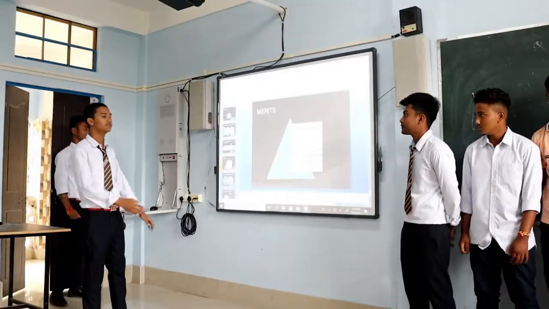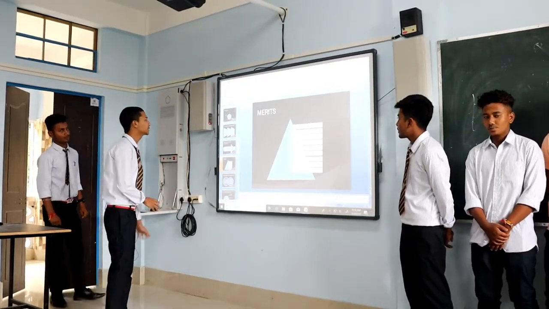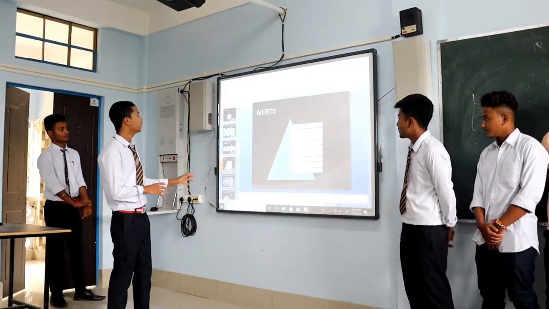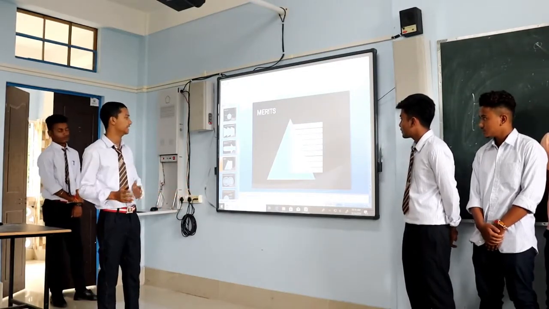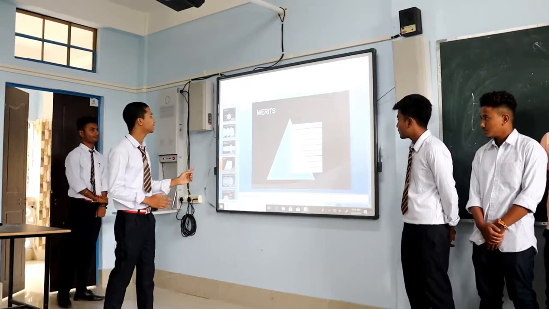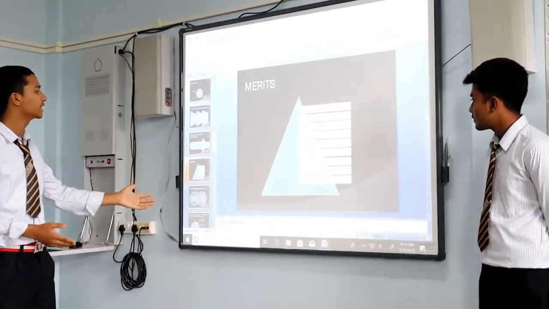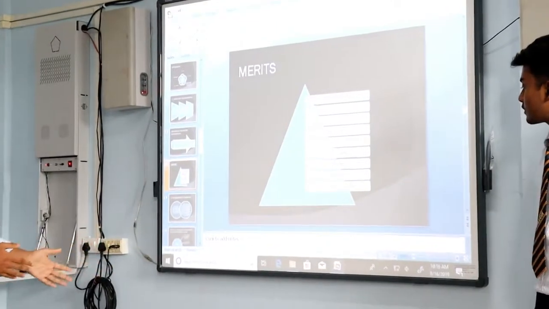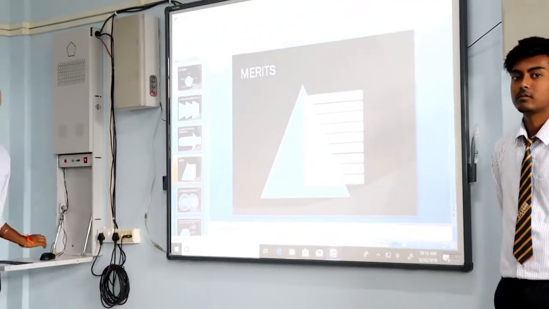So here are the merits and advantages of statutory corporation. First one is autonomy. Second one is absence of political interference. Third one is quick and prompt decisions. Fourth one is ease of raising capital. And also the demerits: no flexibility in operation, misuse of powers, lack of efficiency, and political interference could be there.